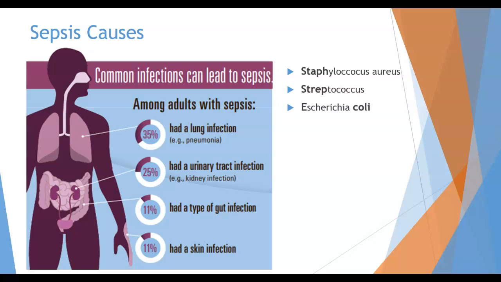Pretty common bacteria. And then you roll down into these percentages here, and 35% are lung infections. Then you look at urinary tract infections. That's the one that a lot of people think of, right? Most commonly in females. And then you have gut infections, gastroenteritis, diverticulitis, skin infections, those pressure sores, bed sores. All these add up to be a high percentage. And then now we can really start focusing our search on where our source is, because we have to have that. We're going to talk about why having a source is so important when we get into the actual protocol